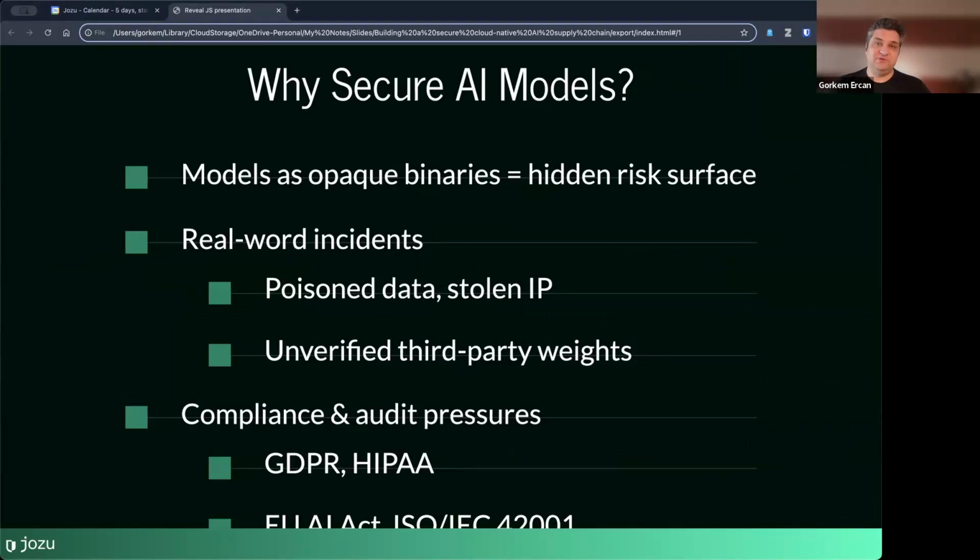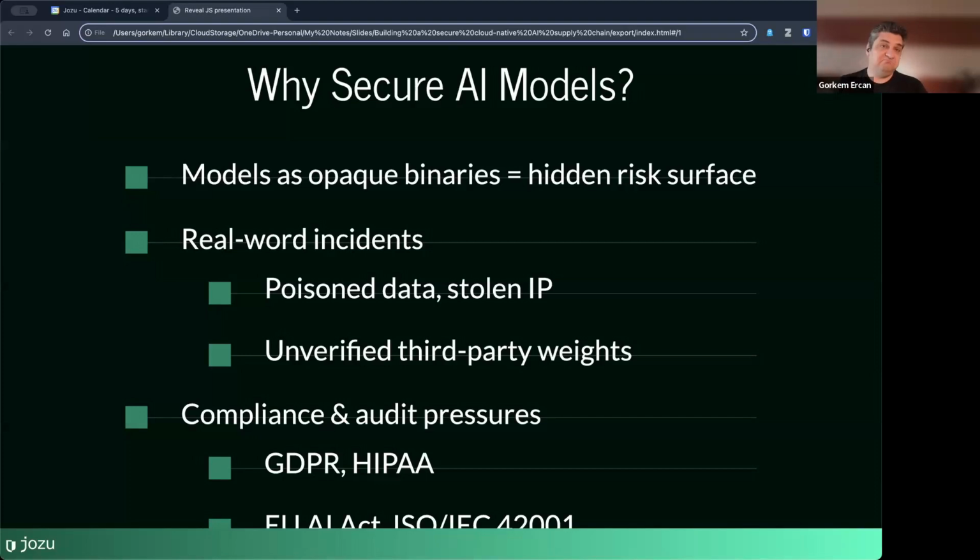So you don't really know what kind of risks you are being exposed to unless you are able to provide more insights to that model. Unfortunately, the way that the models are, you cannot really get that from the model binary itself.